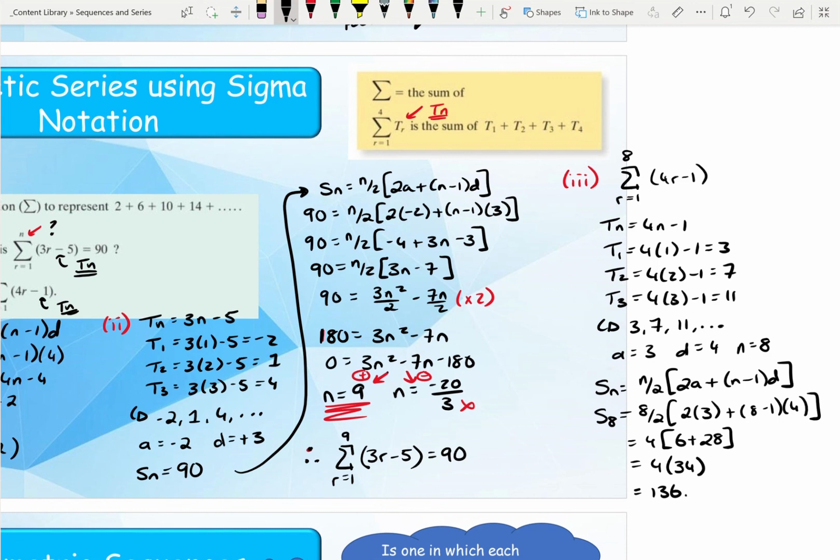Alright guys, so that's the end of our tutorial here on Arithmetic Series. So take a minute, go back through it, make sure we understand it, and then when